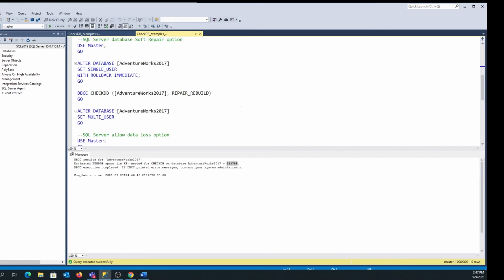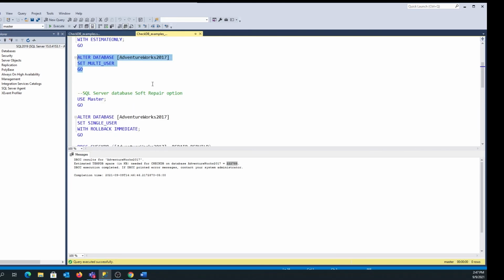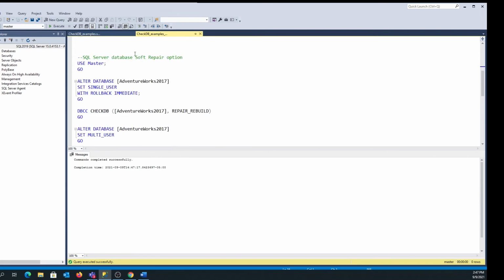So let's take a look at running the command with the repair rebuild. Once again, let's go ahead and execute that. We're going to put it back in multi-user. So once again, the context of the master database, we're going to put it in single user mode. And in this case, we're going to execute a repair operation.